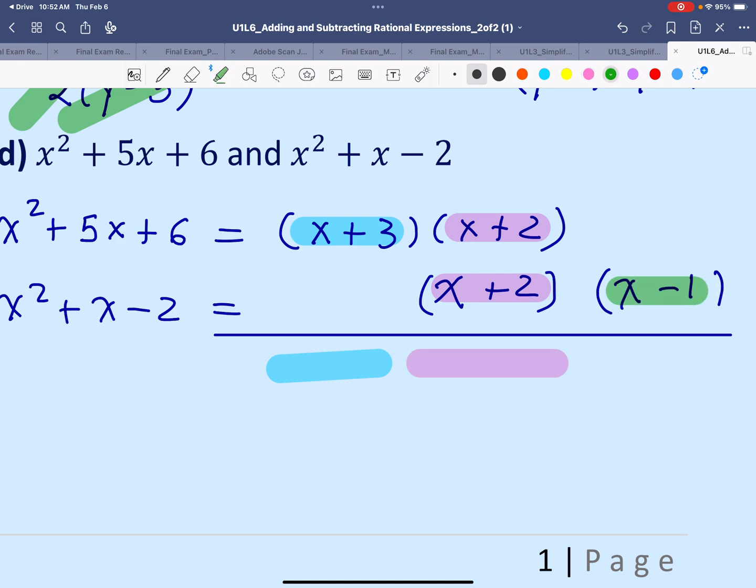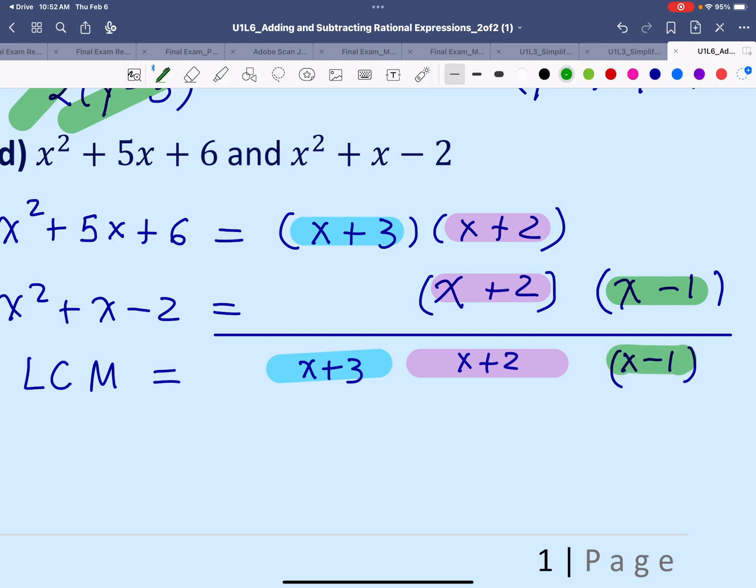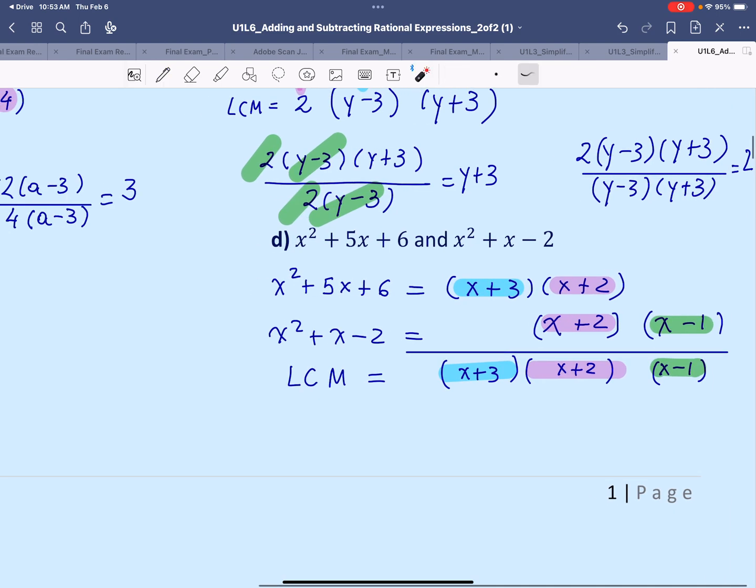And then we have x minus 1. So the lowest common multiple would be x plus 3, x plus 2, and then x minus 1. So we're going to say that x plus 3, x plus 2, x minus 1 is divisible by